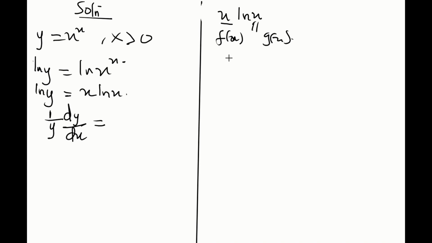From the product rule, we first differentiate the first term, f prime of x, then multiply it by the second term, ln x, then differentiate the second term, g prime of x, and multiply it by the first term. So when we differentiate the first term x with respect to x, I get 1,